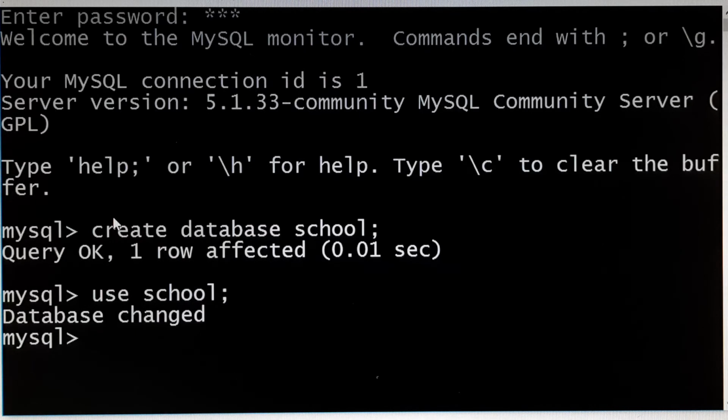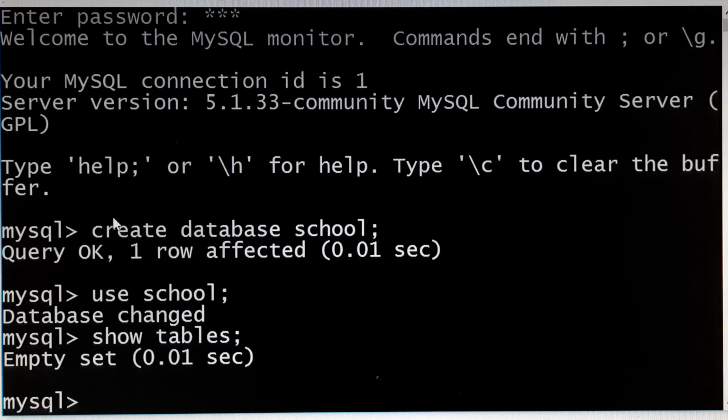So inside the school database, if you want to see what are the tables we have, show tables. The show tables command will list the tables inside the database. Since we have created a fresh database, now we don't have any tables in it. So to test it, we'll open another database.